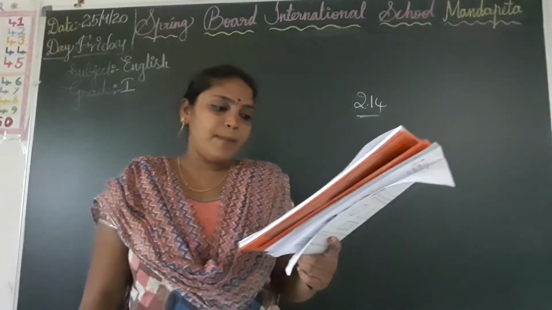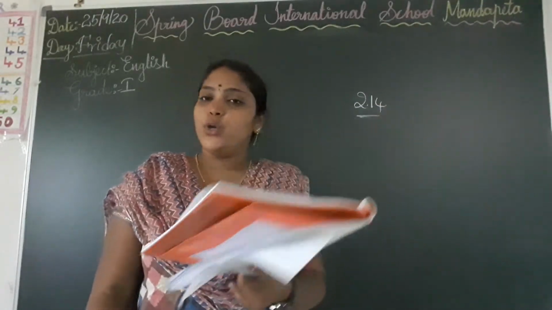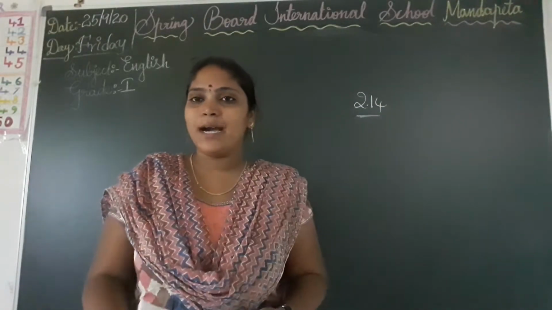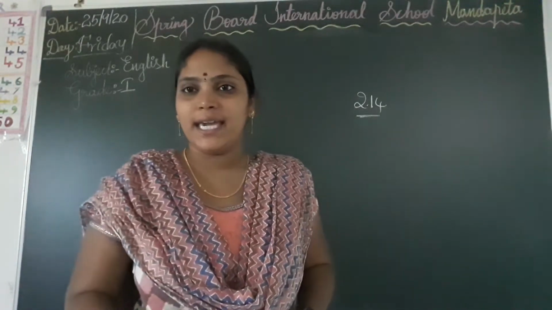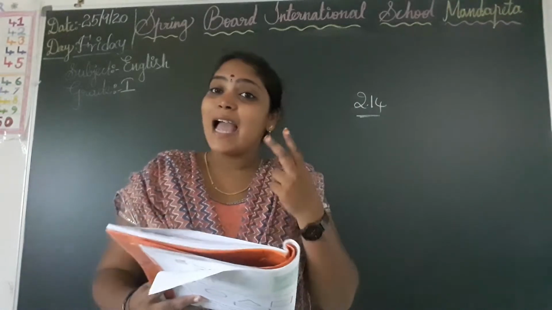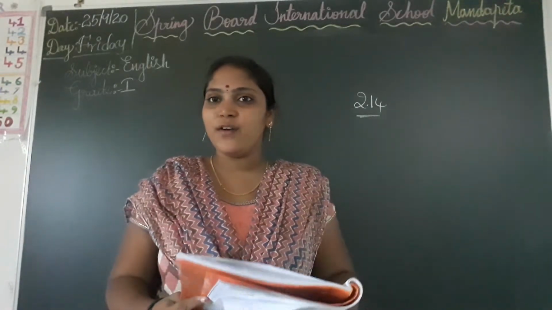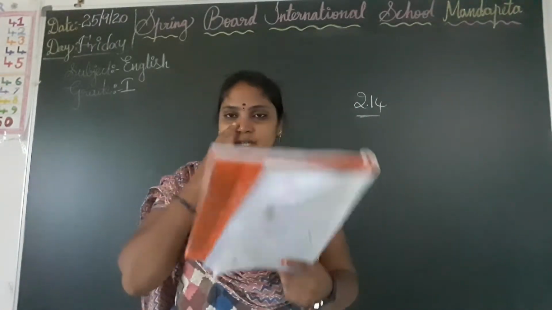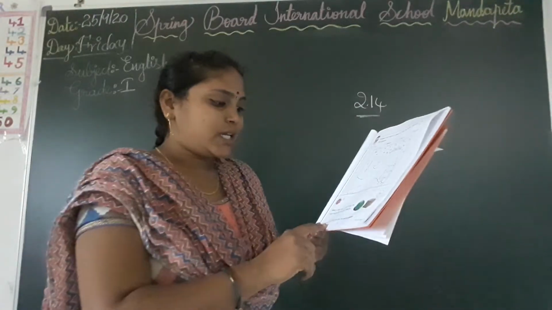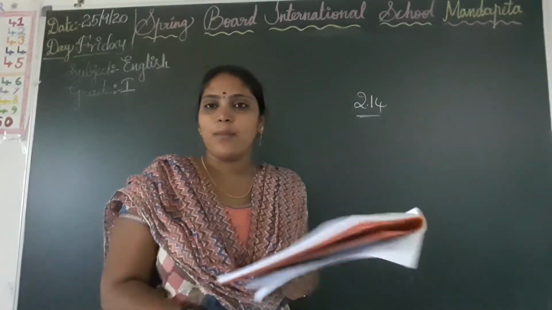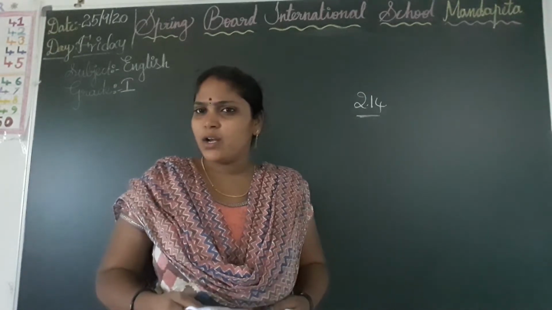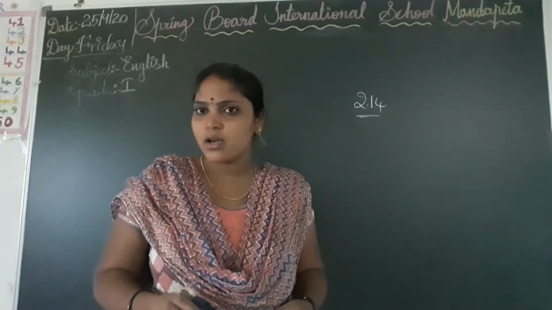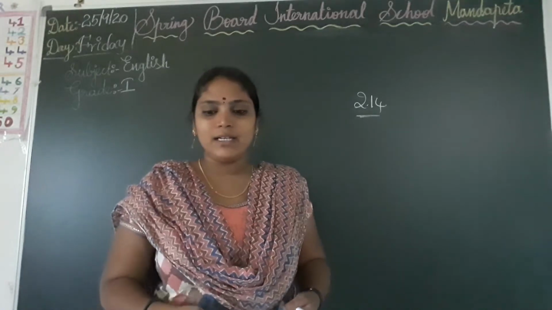Next, make a ball and box using the play-doh given by your teacher. So here you have to make a box and ball using clay. Okay children, so here shapes like the ball and the box are called solid shapes. Okay, can anyone tell what solid shapes are? Okay, now I will tell.